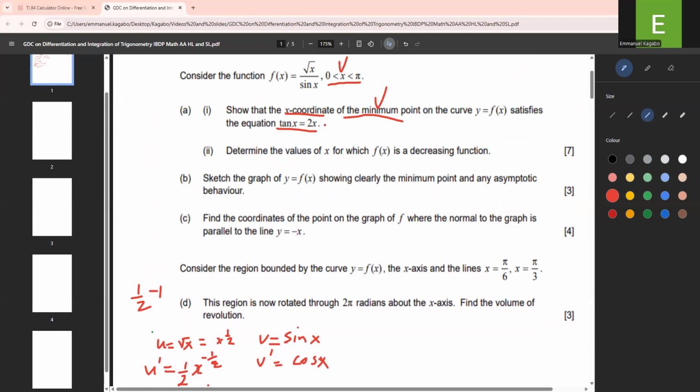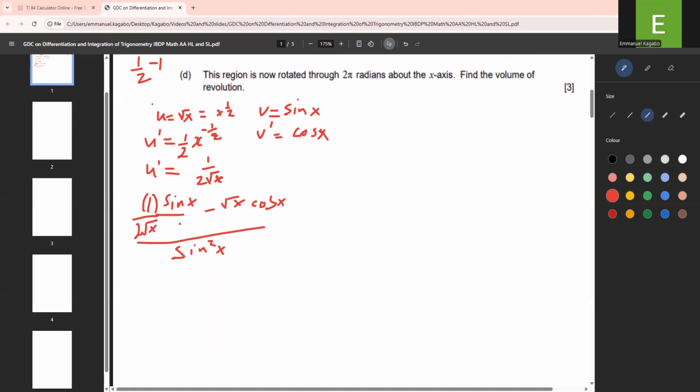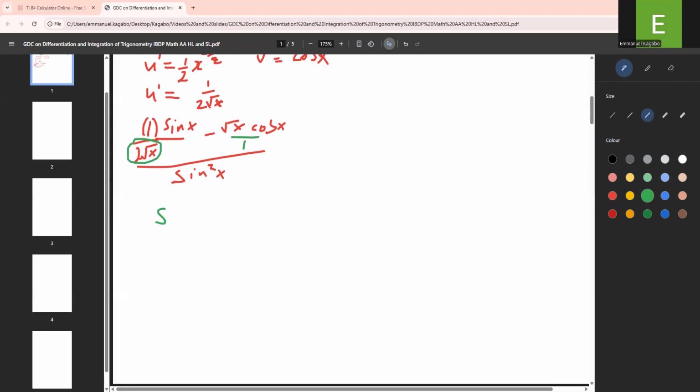tan x equals 2x. Keep that in your mind, okay? Now, I need to type these things here, just writing them very well. So here it's over 1, and then I can multiply this one to here by finding LCM. So I'm going to have sine x, square root of x times square root of x, that gives me x times 2 gives me 2x cos x,